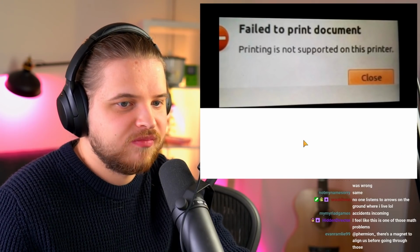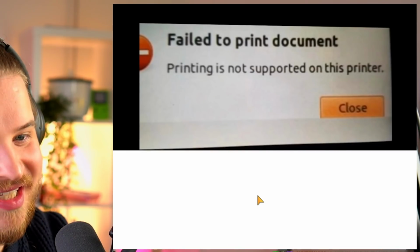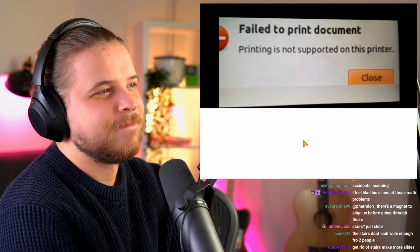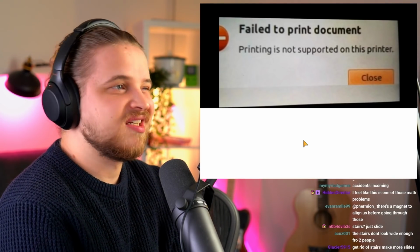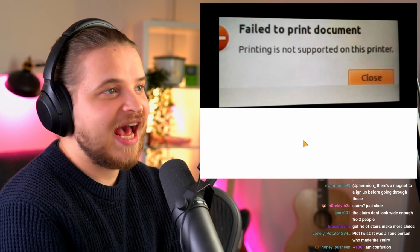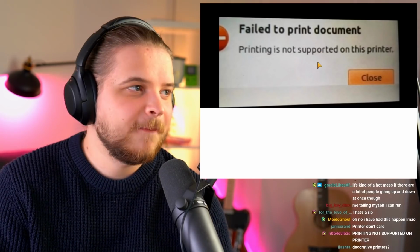Failed to print document. Printing is not supported on this printer. There we go. Now this is a you had one job. Sometimes you look at these things and you're like, maybe just like bad design or something like that. This printer actually just had one job. And it's like, no. But like, to be fair,